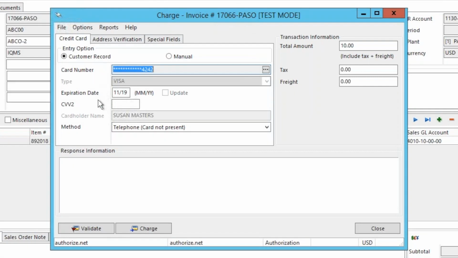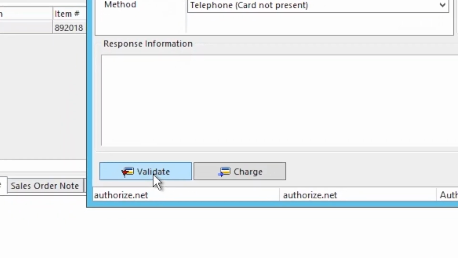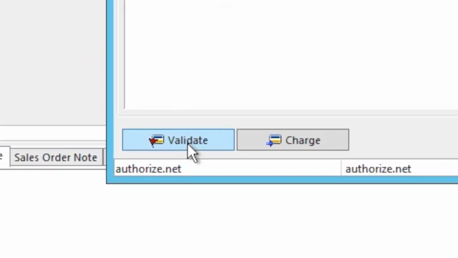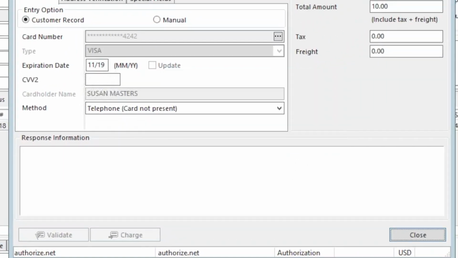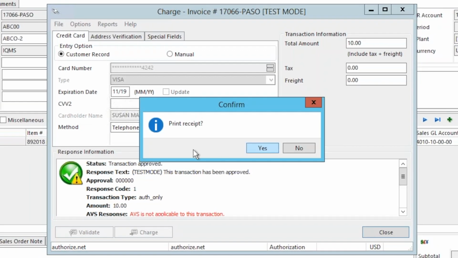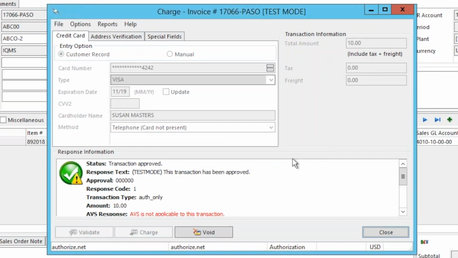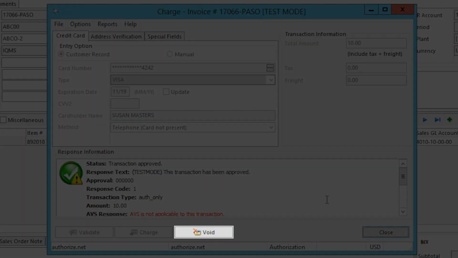Again, the credit card information shown here is pulled directly from the customer master record that we viewed earlier. The system provides a quick and easy way to validate the credit card by clicking the Validate button here. Finally, when the user is ready to charge the credit card, they can select Charge here. Once the card has been processed, the system allows the user to print a receipt. It also presents the user with a detailed response with all the relevant information pertaining to this particular credit card transaction. If the user needed to void the credit card transaction, they can simply select Void at the bottom of